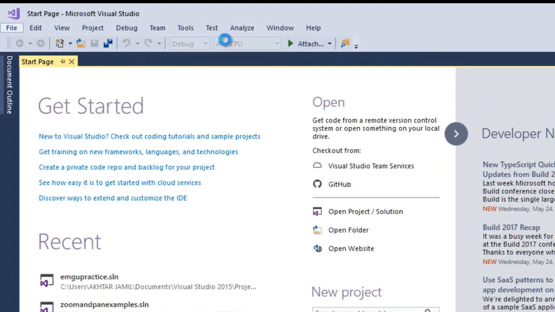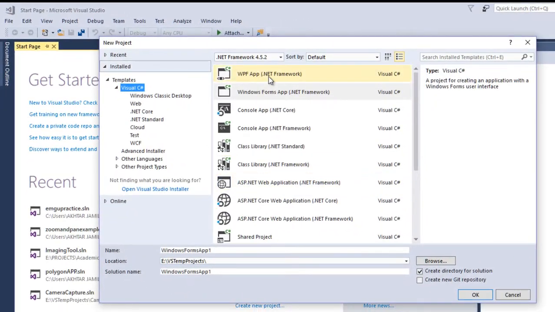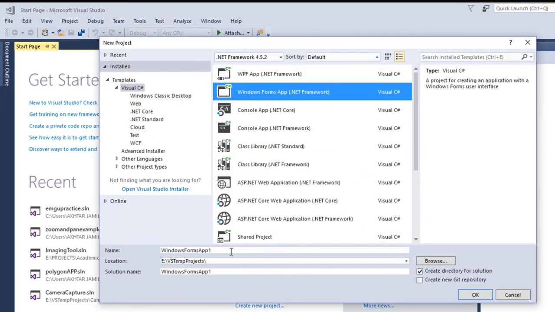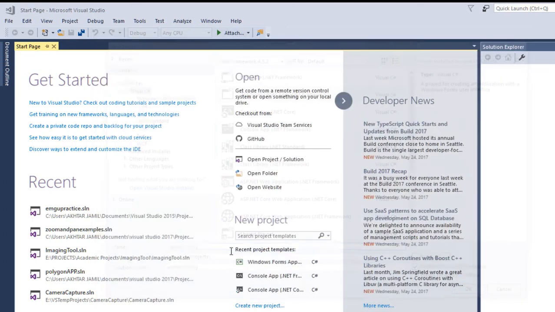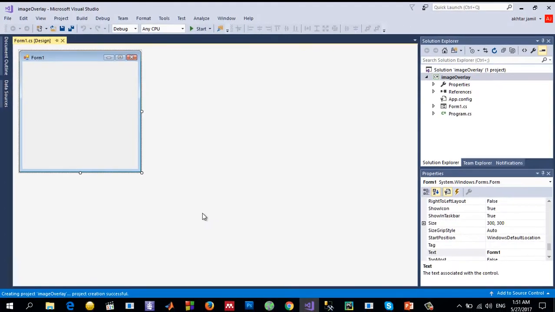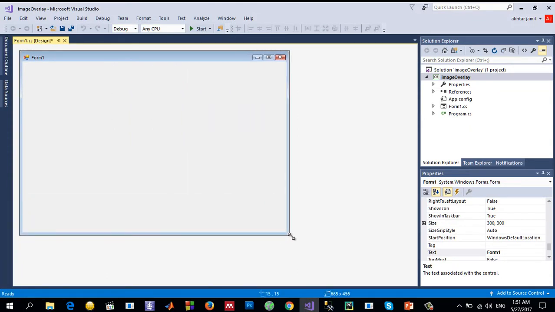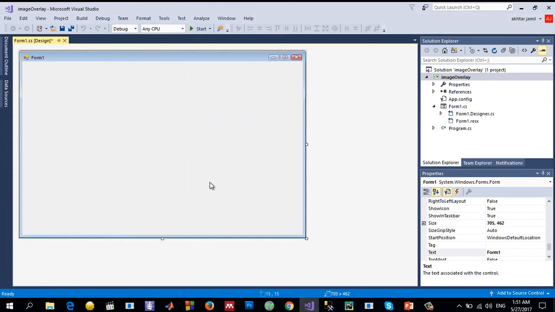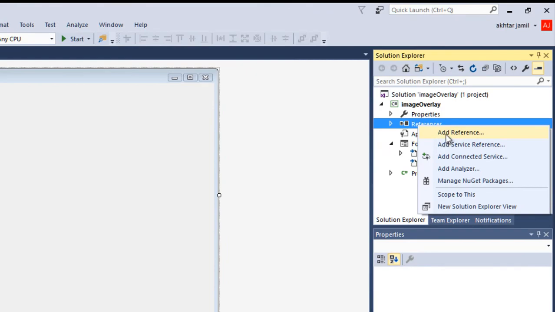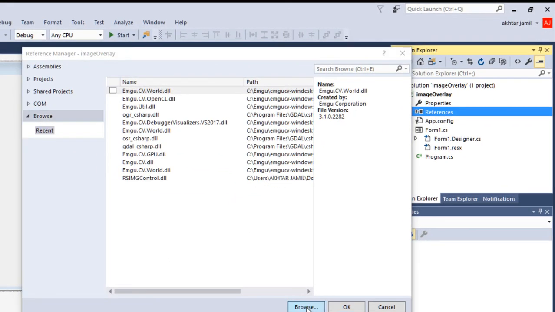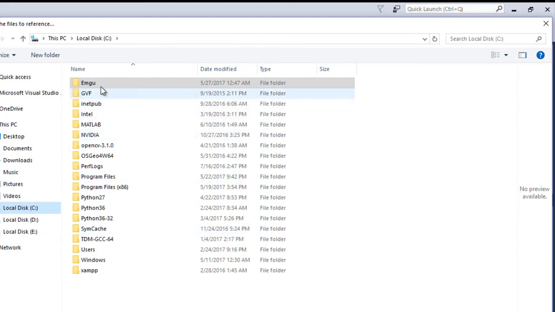Go to File, New Project, Windows Forms Application, and I call it image overlay. Okay, and what I want to do here is first we need to add a reference to Emgu CV. Right click on references, add reference, go to the location where you have installed it, go to C location,